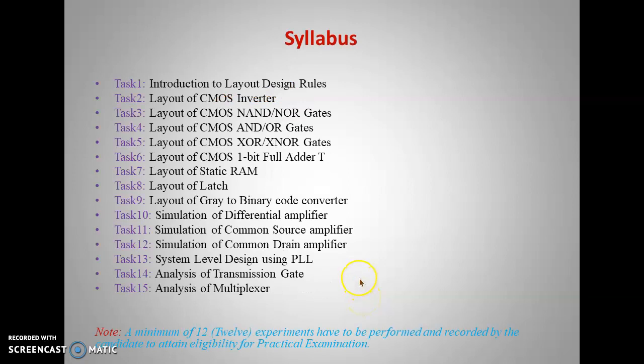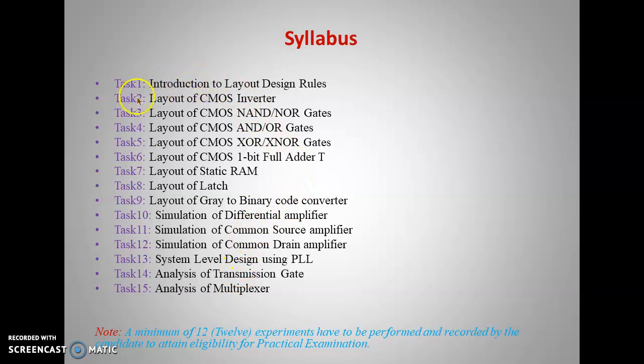So coming to the first one, it is nothing but the syllabus. In this syllabus we have different experiments, and out of these we have 15 experiments. The first experiment is the layout design rules. That is, the design rules that you are going to implement for designing different circuits will be briefly explained